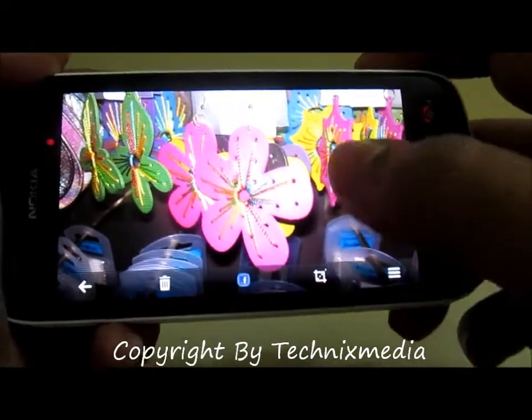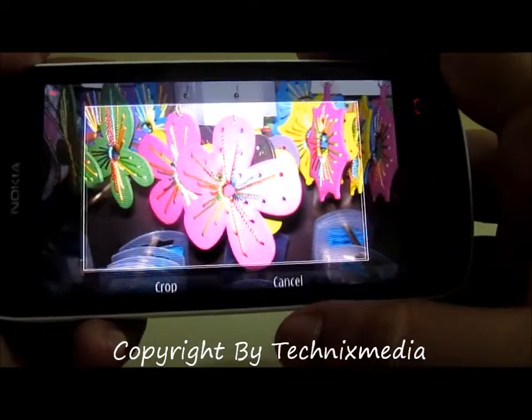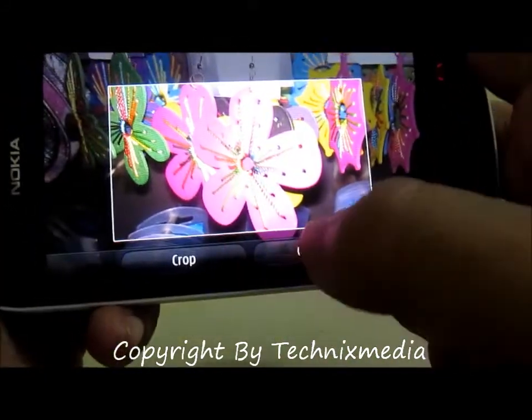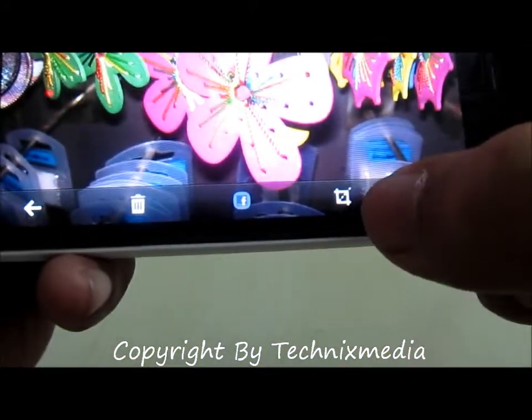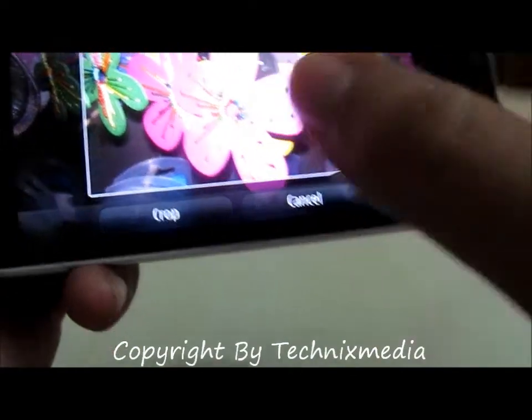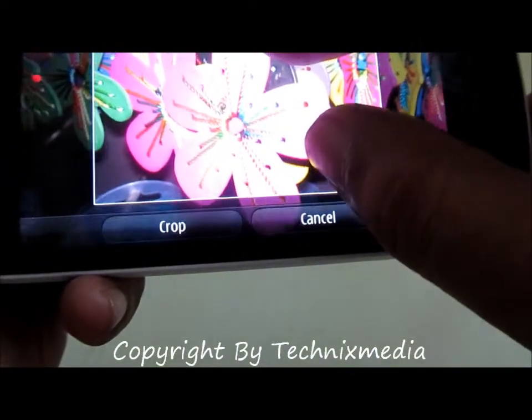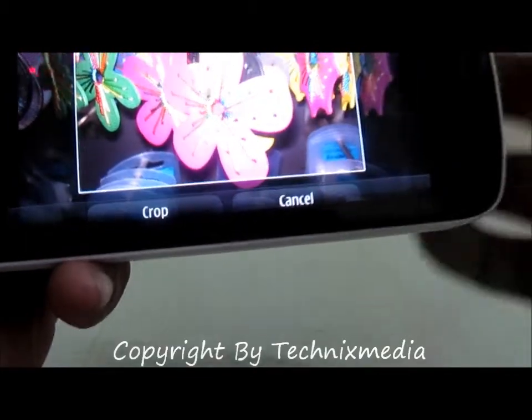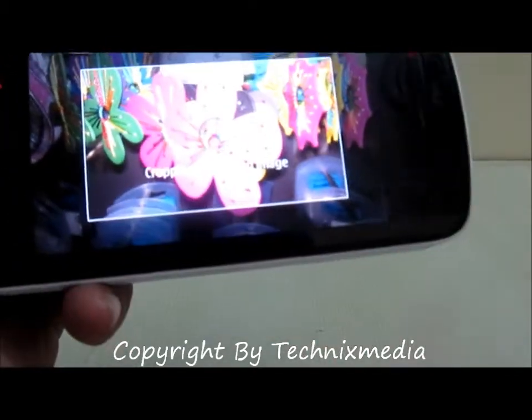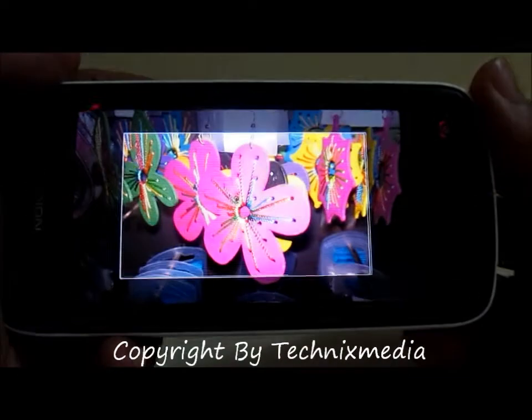That is, I can always crop this image using this quick option which is located at the bottom toolbar, this one. So let's first of all crop it. So once we have cropped it, we will get the final image.